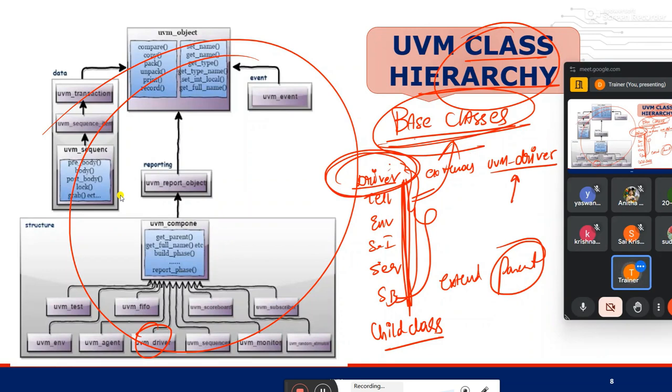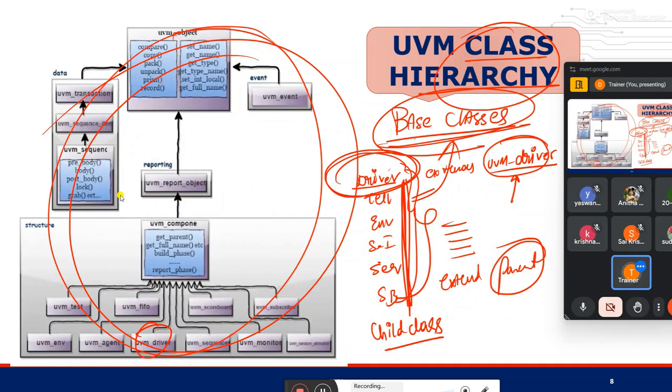What should I do now? I just have to write the signals, that's it. Automatically the driver will do its work. Getting the point? See how much work is reduced for me now. Okay, so completely the base class itself is present. All these are inbuilt base classes, I don't even have to write it, it is already written.